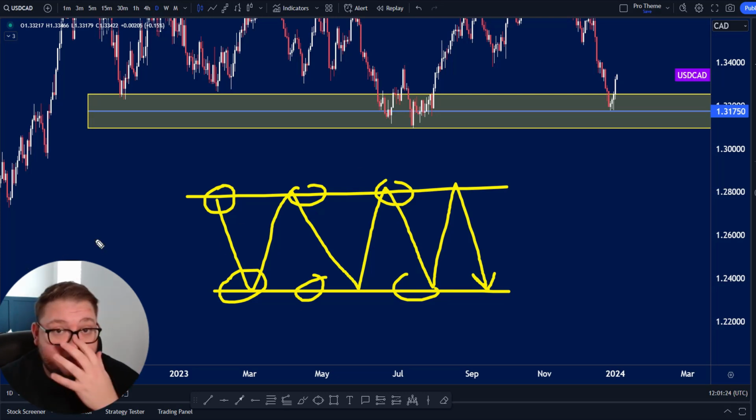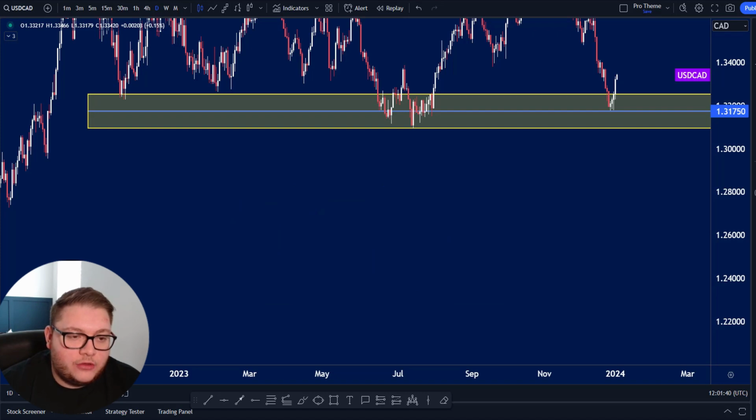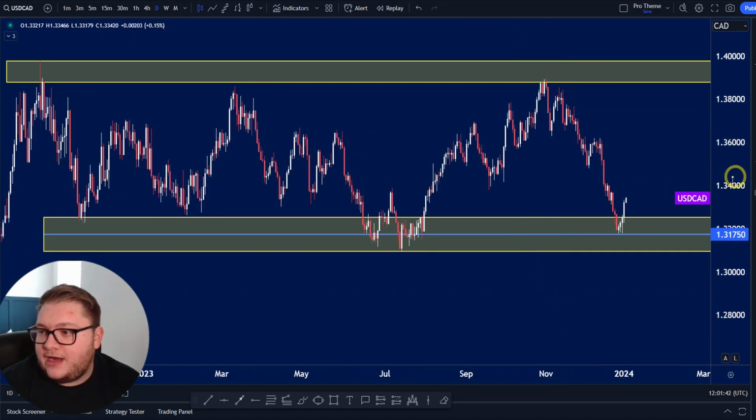Now the US dollar's been a little bit weaker lately, so has the Canadian dollar. Canadian dollar a little bit weaker, oil prices also a little bit weaker as well, so that could continue. Dollar's been a little bit weak as well, so that's why the market is in this overall trading range at the moment. Okay, now if I go back up to price here, we can see that we're trading between these